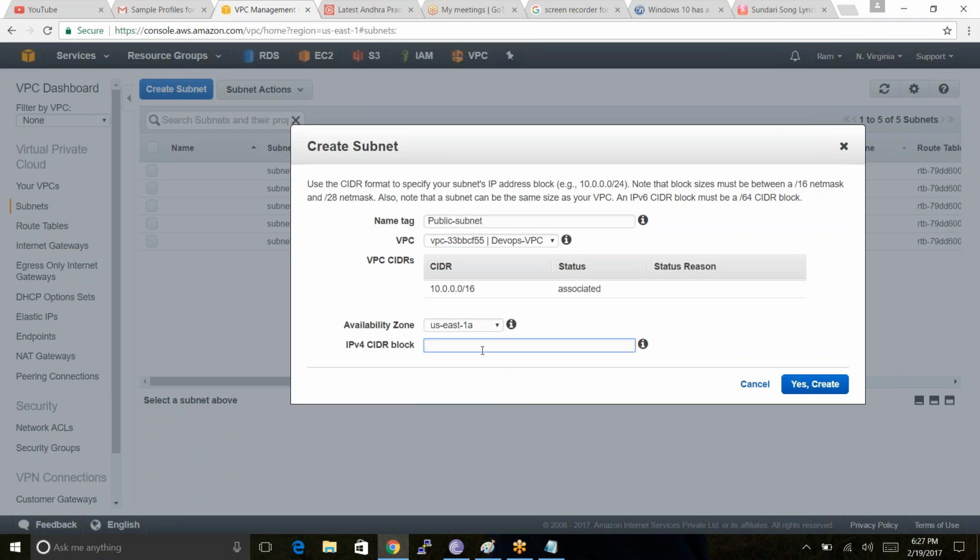I'm choosing one. Next, we have to give the IP address for the subnet. What IP address have I given? 10.0.0.0. Now what I'm giving is 10.0.1.0/24. I'm keeping the first three parts constant and the rest 0, so here I can connect machines from 0 to 255. We will go ahead and understand it; for now, just remember it.